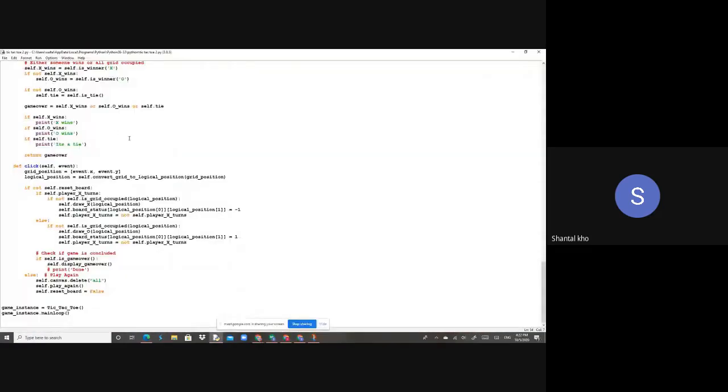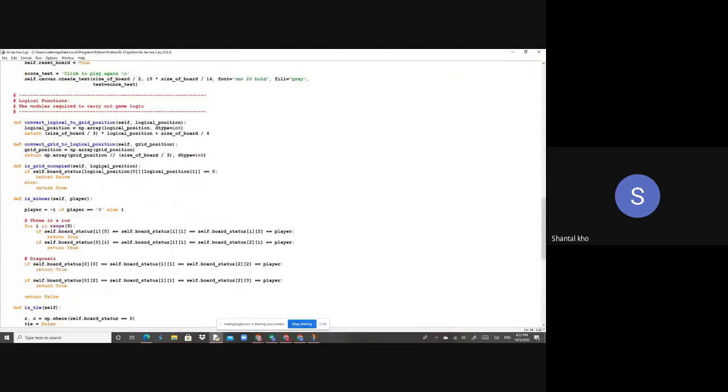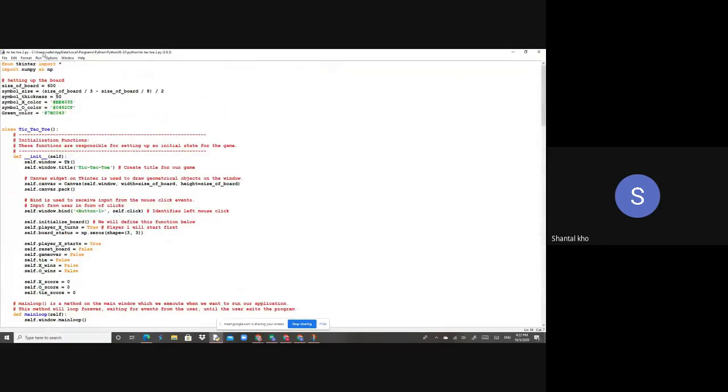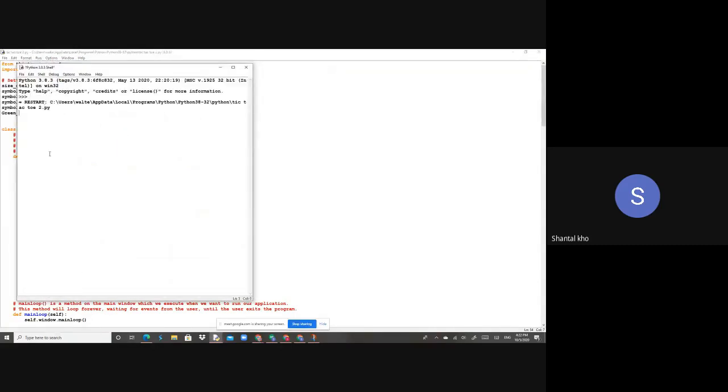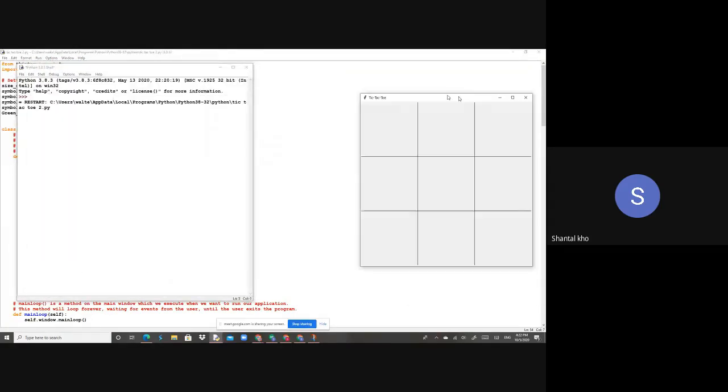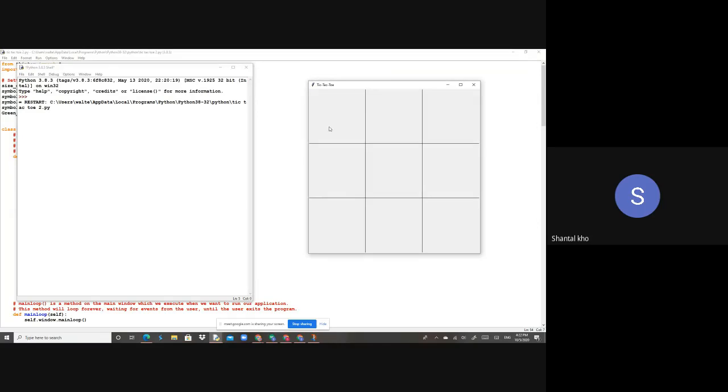Here's my program. And to run it, I go to Run Module, F5. And then this screen pops up. For example, X could go here, maybe O could go here, and X could go here, and O could go here,